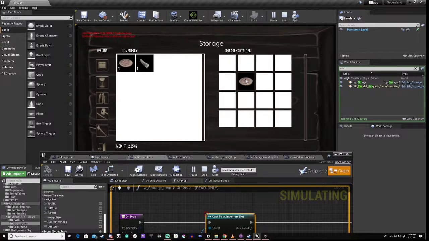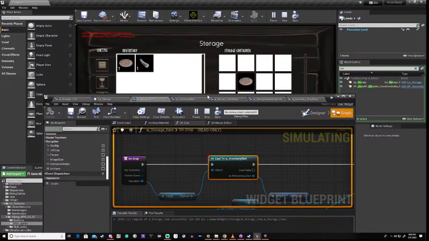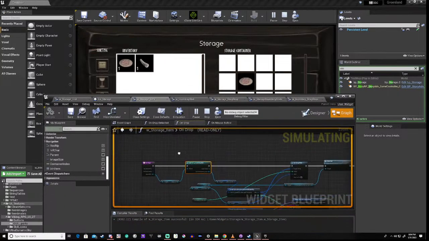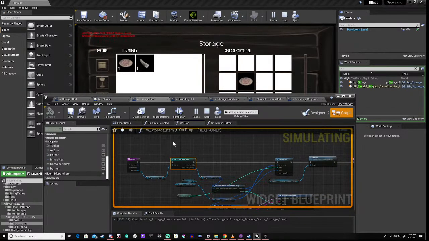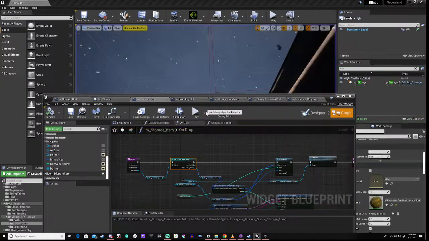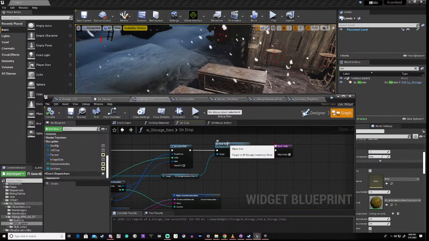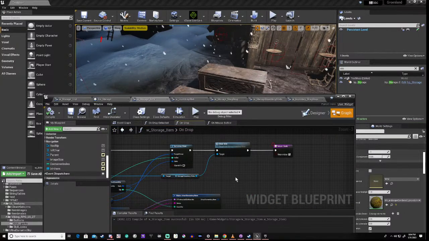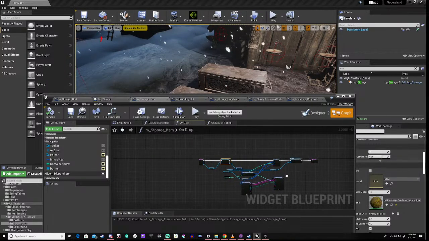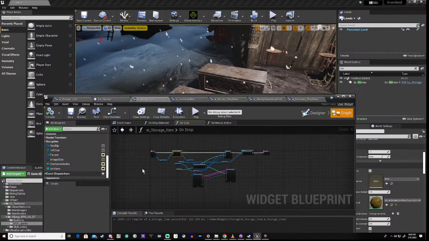Now the interesting thing is that it's not refreshing these things, okay? It's not removing our item from inventory, which we can do in a minute, right? But the main thing is that it's not refreshing our slots,